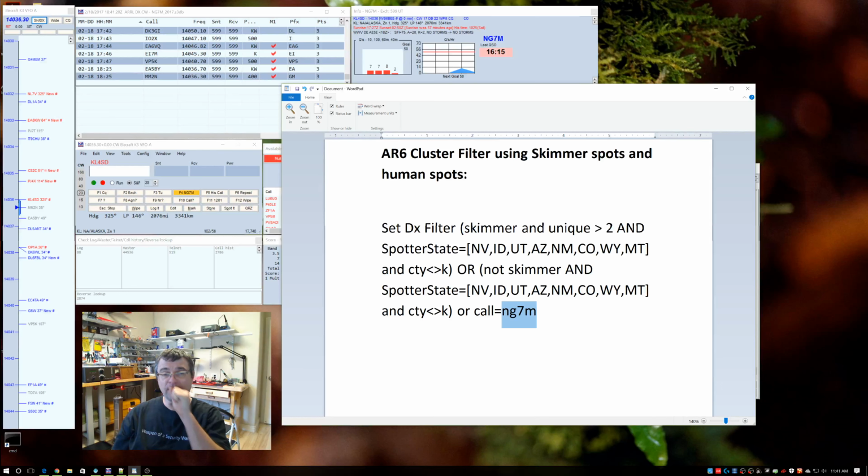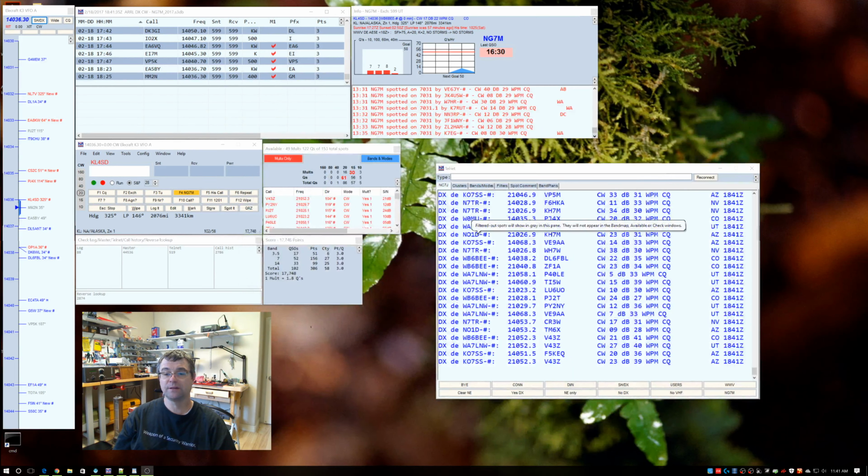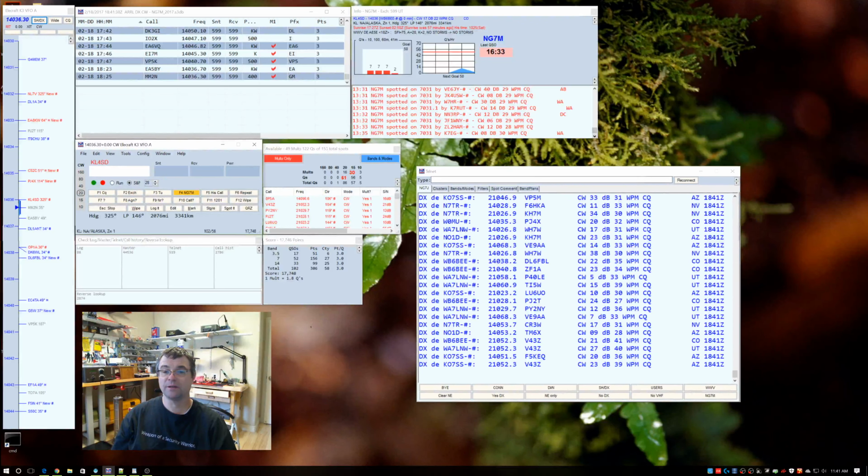And I think I've got some spots in there. I'll show you. We'll switch you over there. So again, set DX filter, skimmer section, human spot section, and then the last one, I want to see spots for NG7M, my call sign. So I'll minimize this. I've set this up so it's kind of big. So here's the telnet